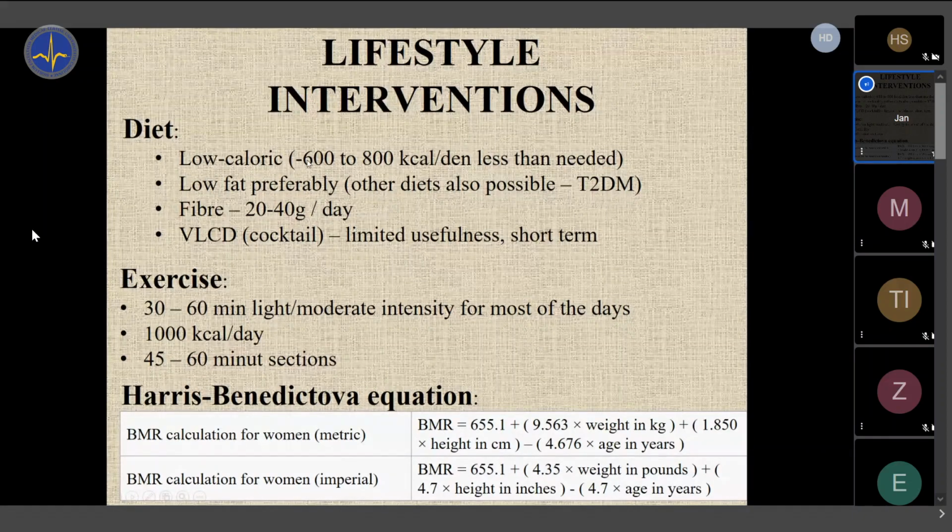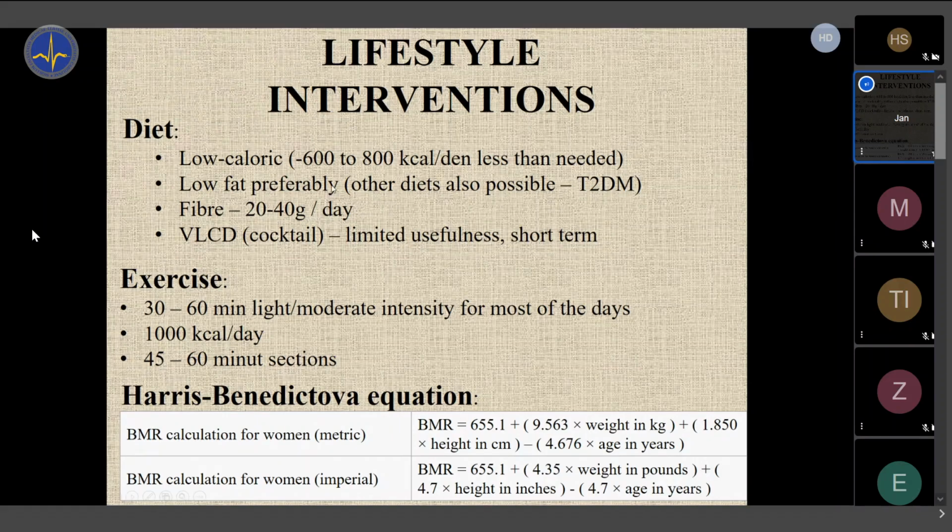So you remove 600 to 800 calories, and that is your caloric goal for the day. So let's assume that for me, for example, it will be, let's say, 1400 calories per day will be my diet, right? Specific advice: eat 1400 calories per day. Watch your food and eat 1400 calories.